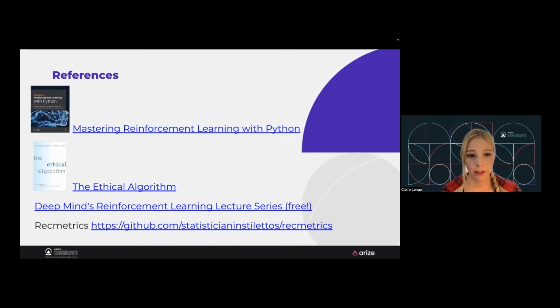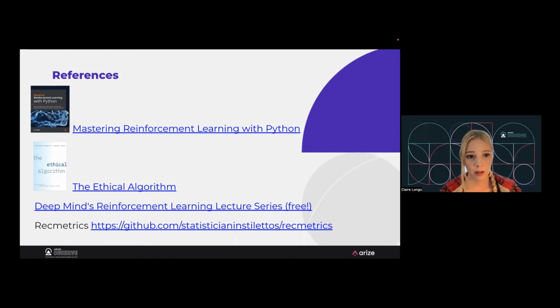I also wanted to link The Ethical Algorithm, because this does talk a lot about the explore-exploit trade-off of reinforcement learning that we talked a lot about today. And it's taking this in a different direction. It explores how we can adapt our existing machine learning and other algorithms to account for biased data and start to introduce new patterns to undo the bias that is in our systems. So it's a really cool take on ethical AI. I've read a lot of ethical AI books, and this is the one that actually offered a mathematical solution that was very actionable. So I was really excited to see that, and it's a fun read.